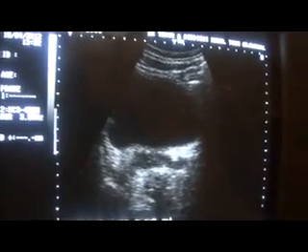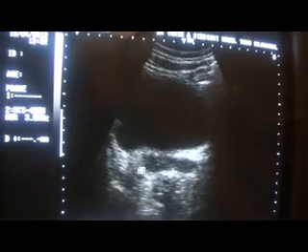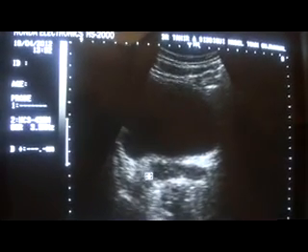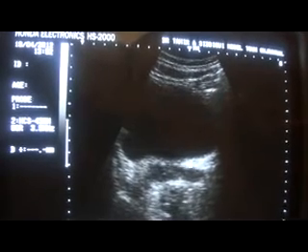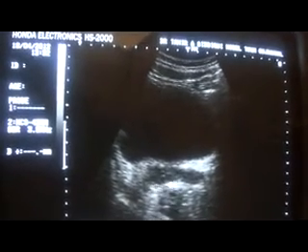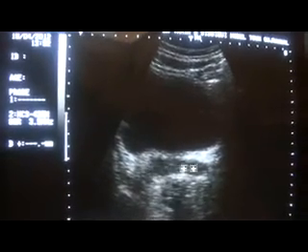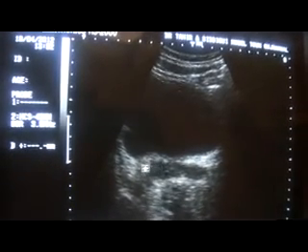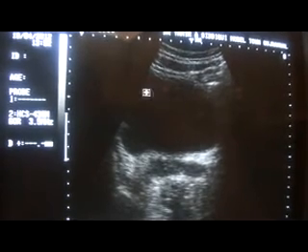And what you are seeing is there are two focal lesions within the prostate. This is the prostate in transverse section. This encircled area is the prostate in transverse section,